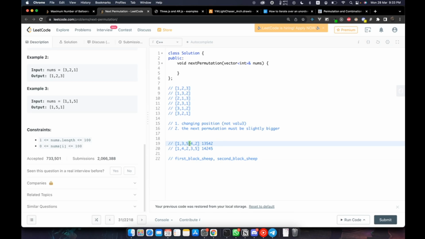So 1, 3, 5, 4. This is the highest point, right? I want the element that is behind the highest point. So like 4, I'll say the first black sheep, FBSR, would be 4. Okay, so this is the first black sheep, and then I want to find the